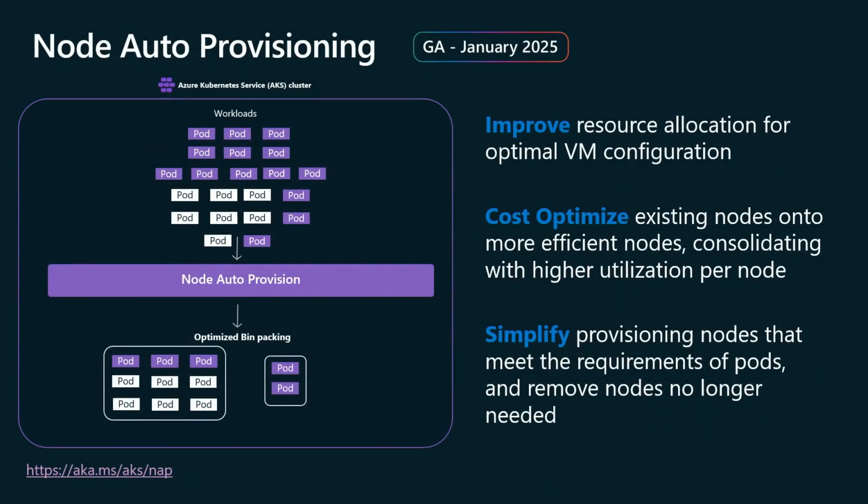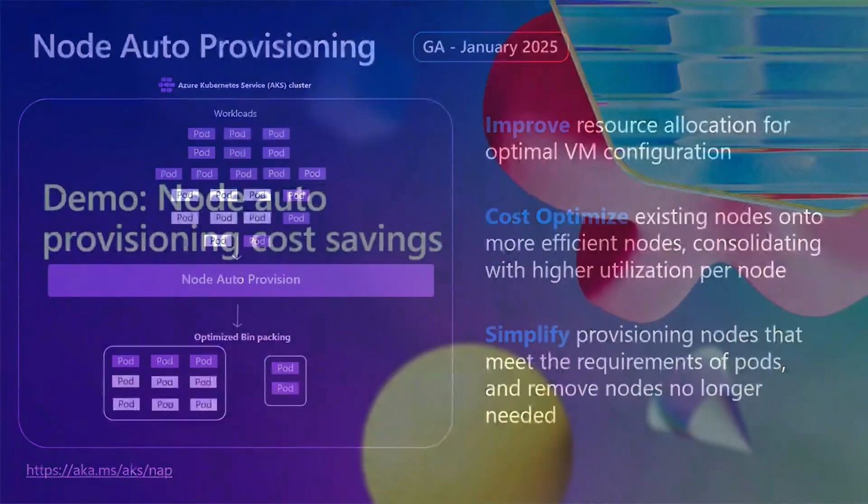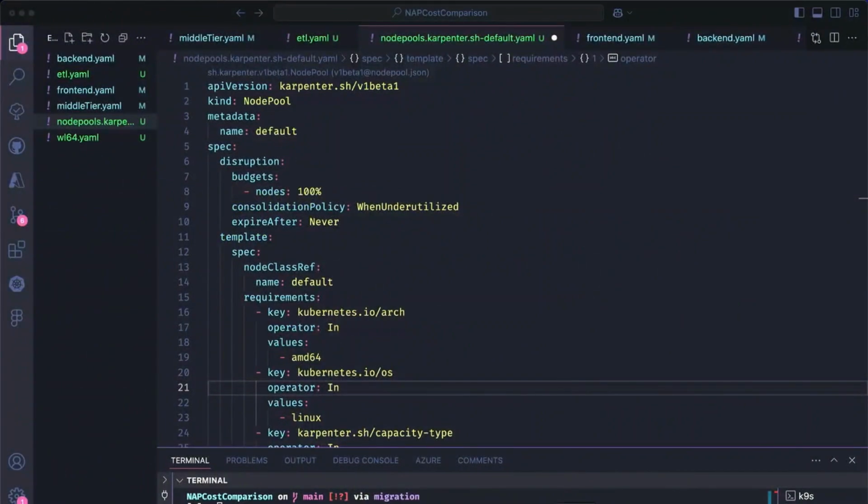And speaking of infrastructure, we are GAing Node Auto Provisioning, which is the managed feature that is backed by open source Karpenter. In January, we're currently in kind of a freeze time for the holiday season, so all the releases are finishing in January, and this is one of them. And this actually allows you to further bin pack the pods that you have across your cluster into cheaper, faster infrastructure during its consolidation periods. So rather than actually talking about it, let me quickly show it to you.